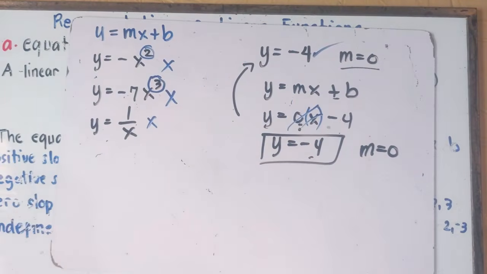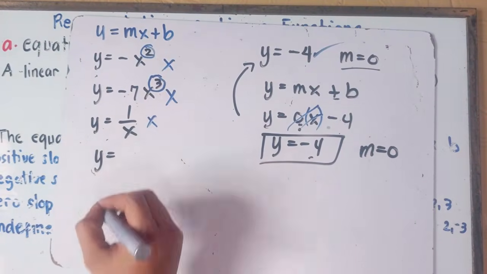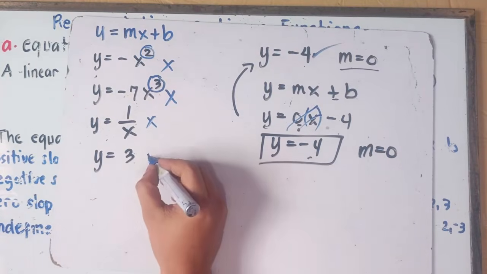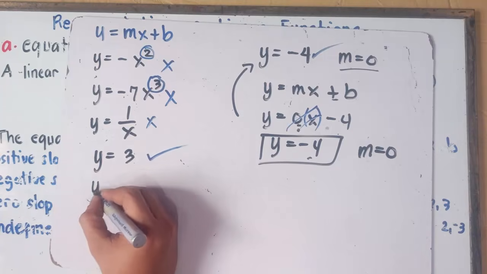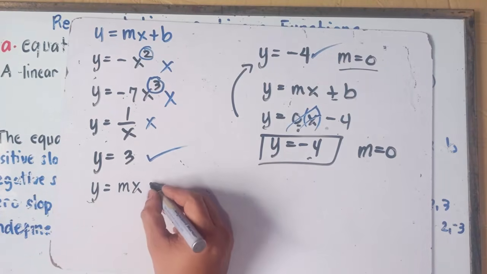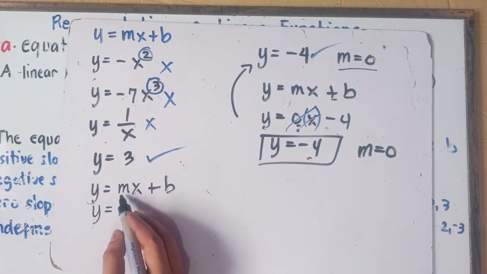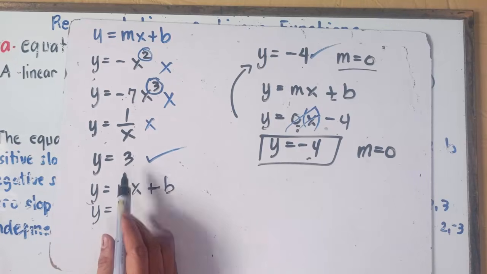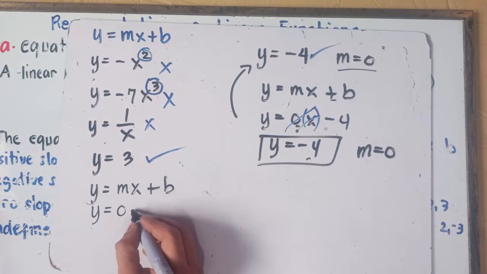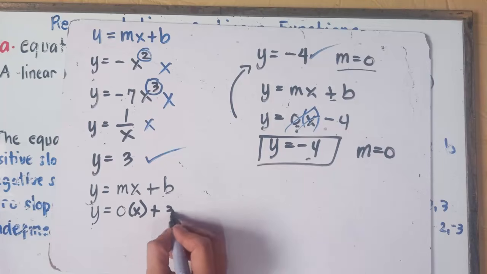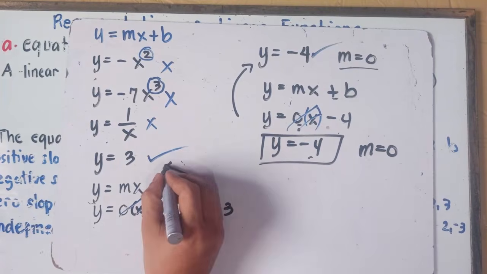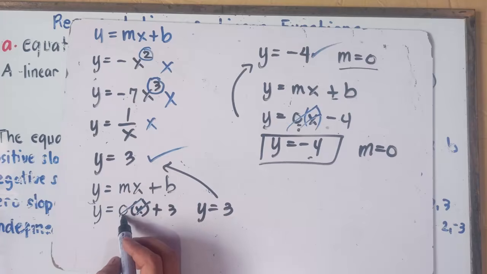Once again, another example. If I will say y equals positive 3. Question, class, can you call this one a linear function? Yup, you can call this one a linear function because you can write this one y equals mx plus b. So y equals, the value of m is 0. Once again, if you didn't see m in this given equation, automatic, the value of m is 0. And then your x, simply multiply 0 times x, and then b is positive 3. So 0 times x, that would be 0. Cancel this out. So y equals positive 3. This is just the same, class. So therefore, the value of the slope, that would be 0.